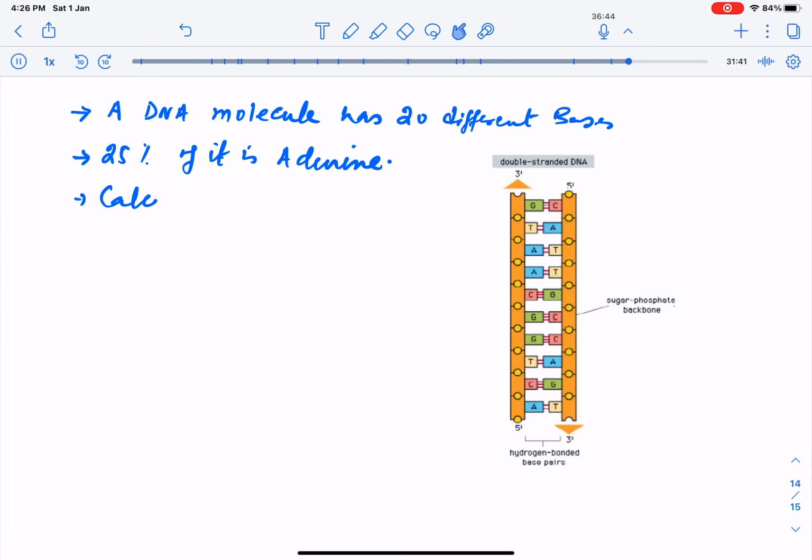Calculate the total hydrogen bonds in this DNA molecule. Also state